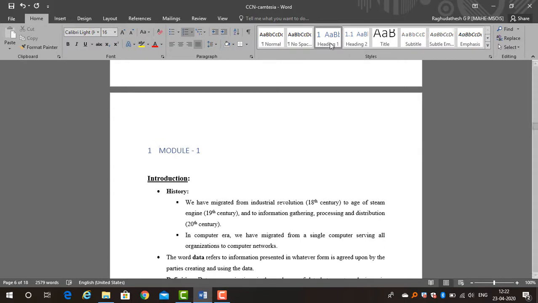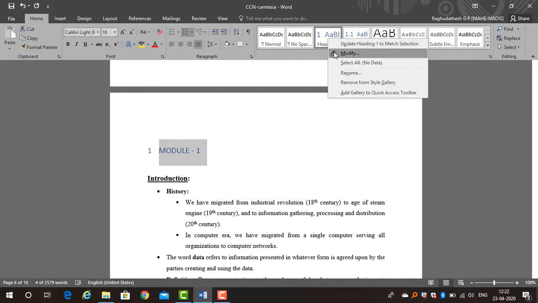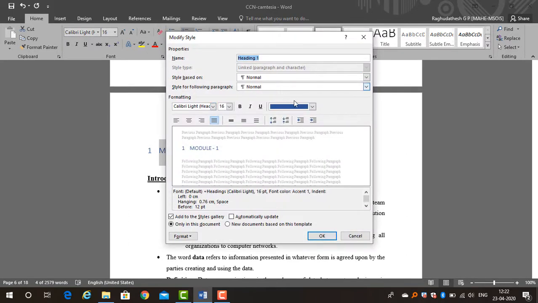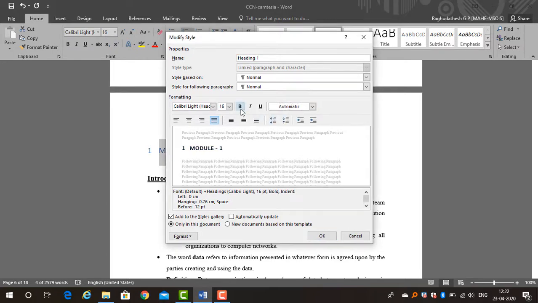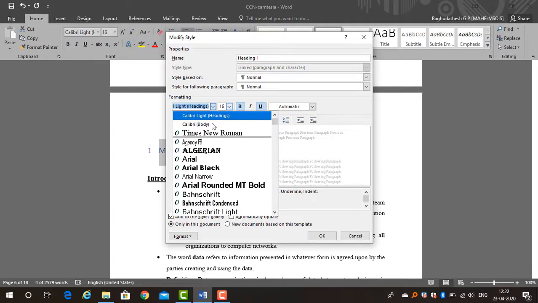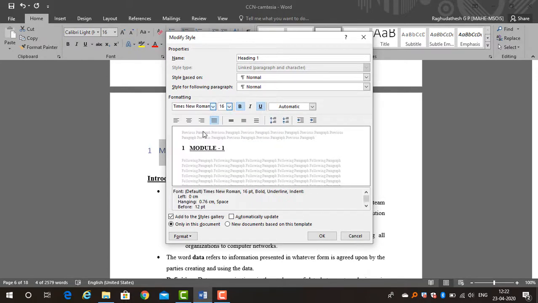The first one is always related to the chapter heading. So select this, right click on this style and click Modify, that is, configure it to your requirement. I will say the characters should be black, bold, and italic, my size is 16, and my requirement is Times New Roman.